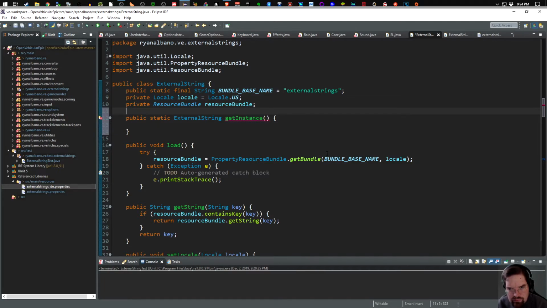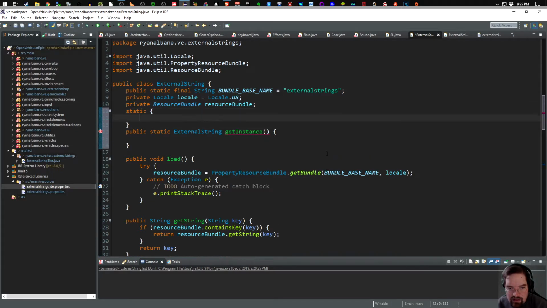I'm trying to roll it all around in my brain here. Do I do a static method block? That's a good question. Usually you would do a static block, right? And then you set it to that. So that way you always have an instance here. So it would be static, and then